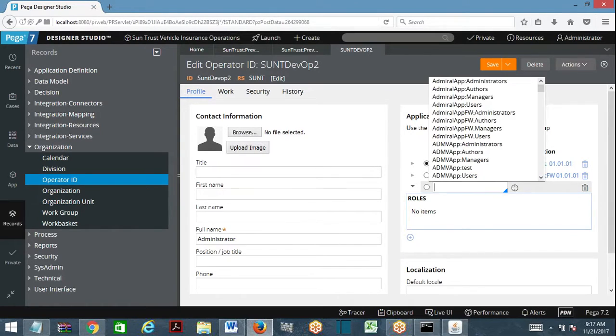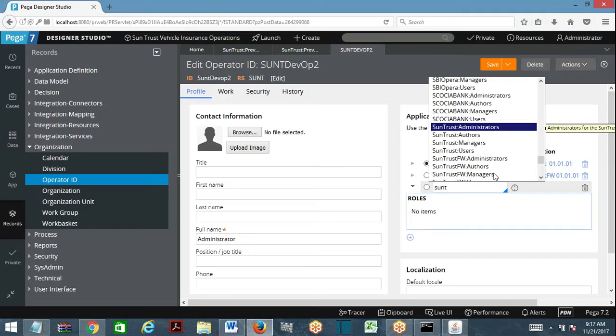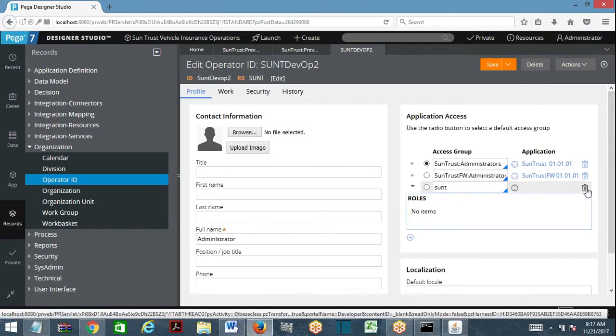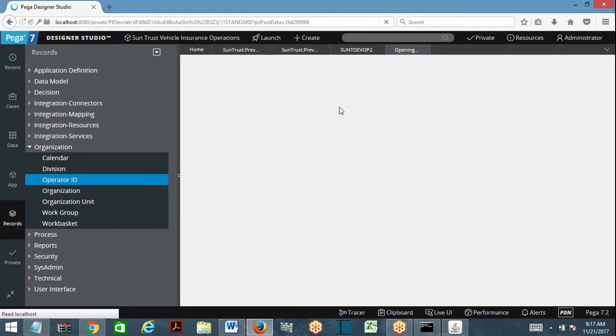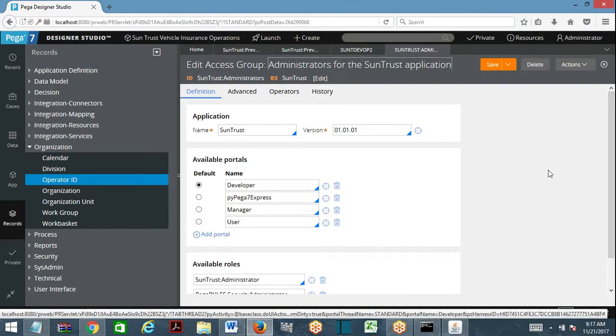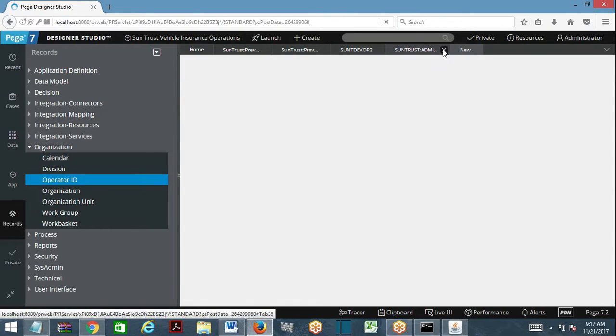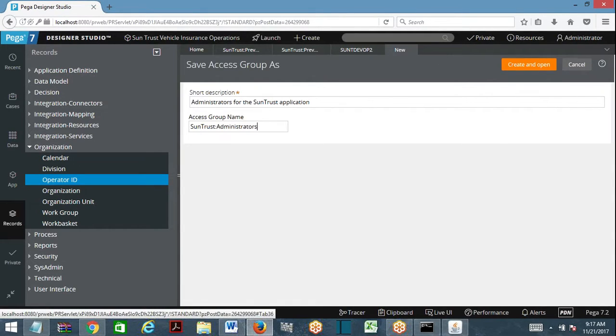What is the access group? Oh, I'm sorry. I'm going to open the existing access group. Okay, I'll create a new access group then. Role to object, and the access group also I'll create. So here you see, I'm going to create a new access group and add this because I do not want to disturb the existing application.